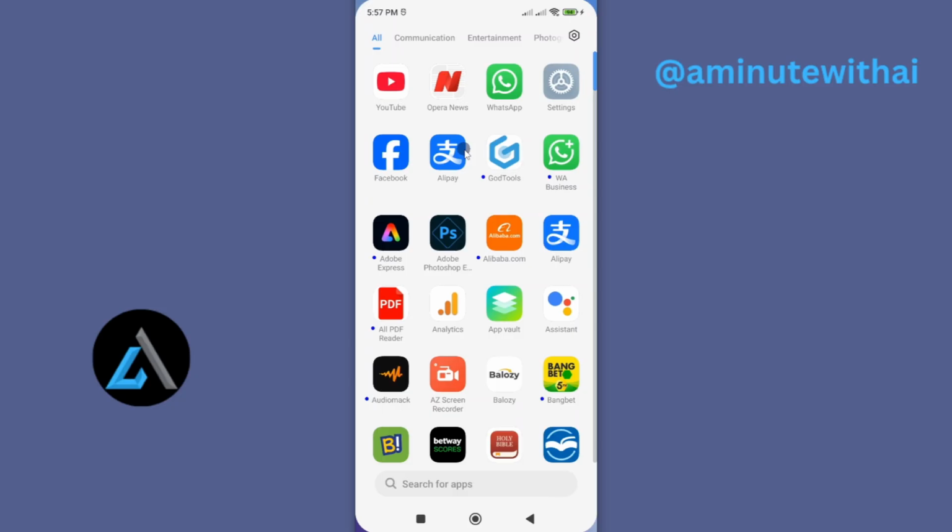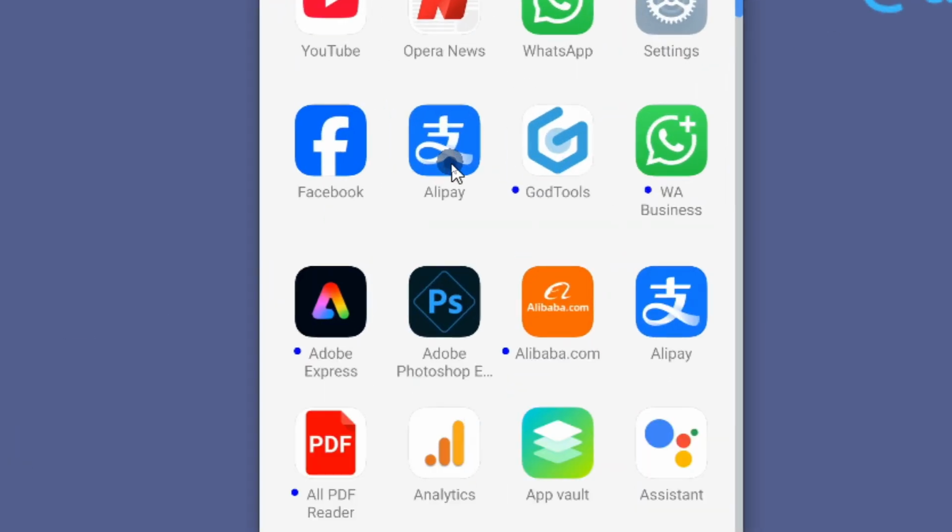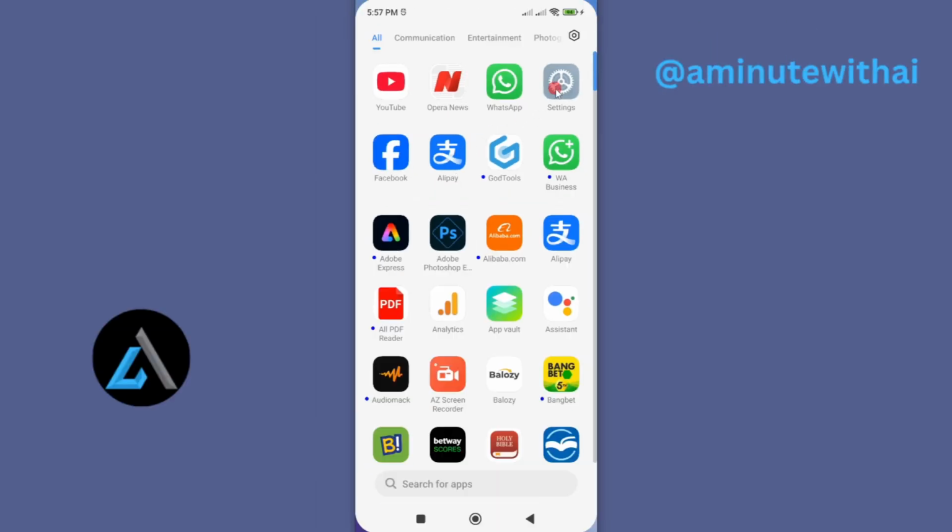So I have here my Alipay and I'd like to go ahead and stop those pop-up notifications permanently. Now to do that, it is quite simple. The first thing you need to do is to access the Alipay app information page. For that, just go to settings